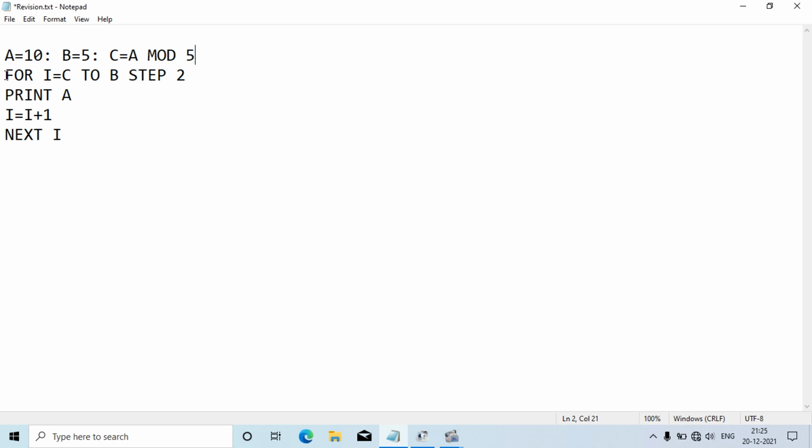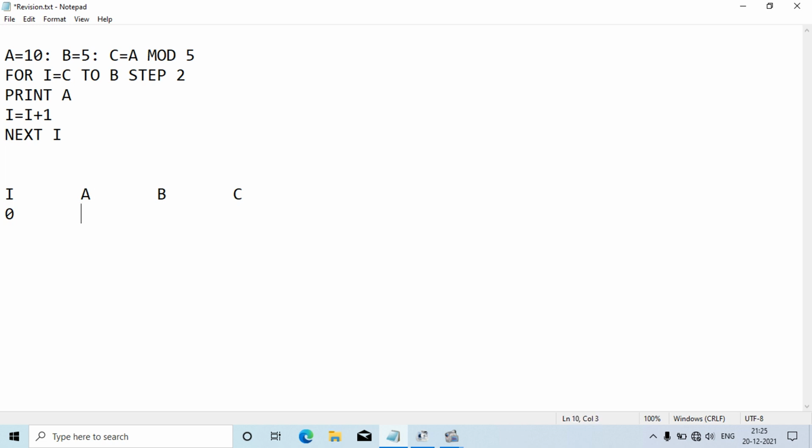Now here we have written a for loop, I equal to c, so the value of I will start from 0. Let us write the execution: I, then a, then b, then c. The value of I would be 0 because we have initialized it with c.